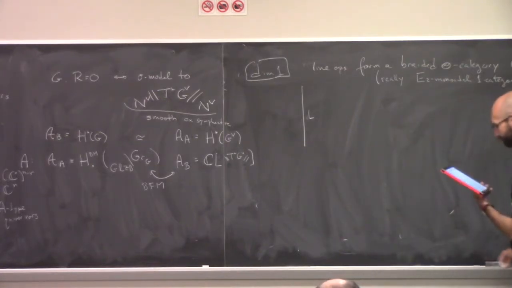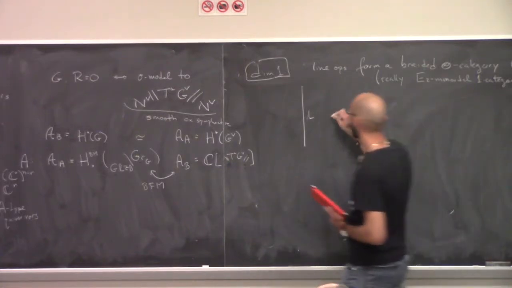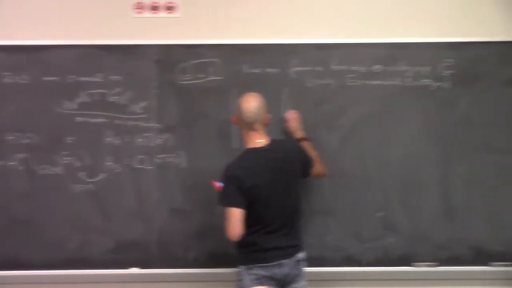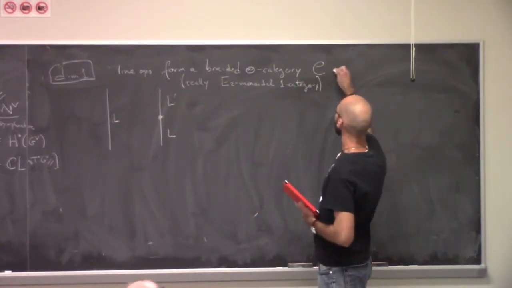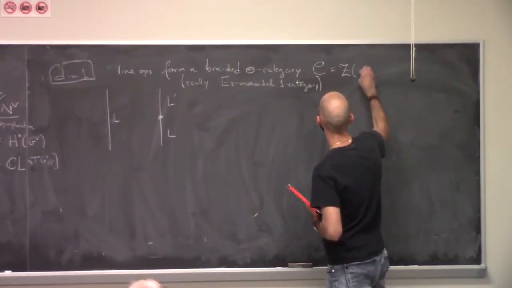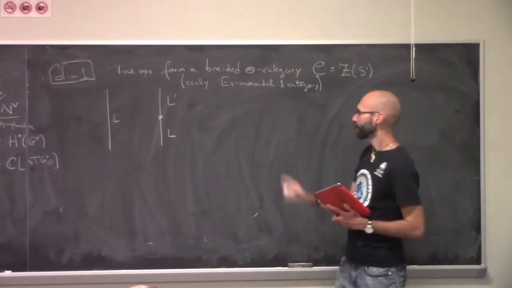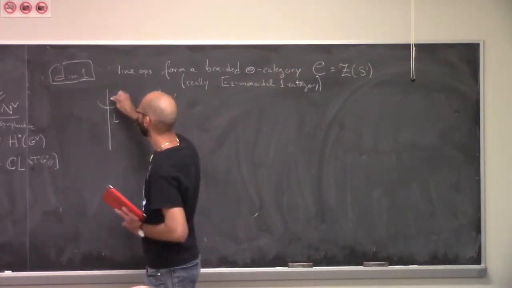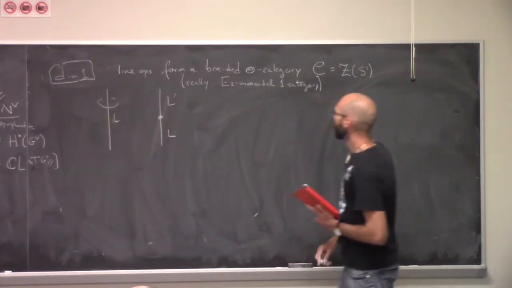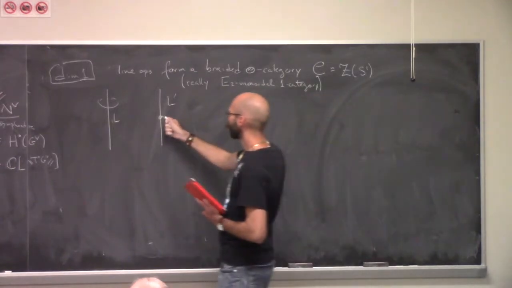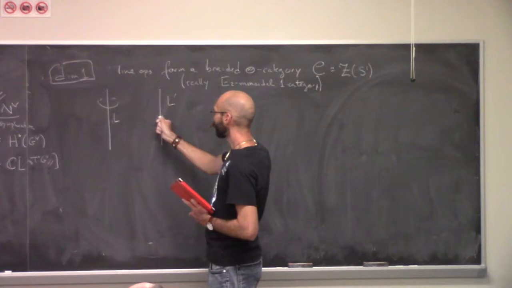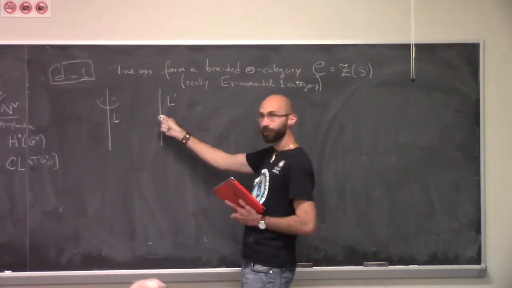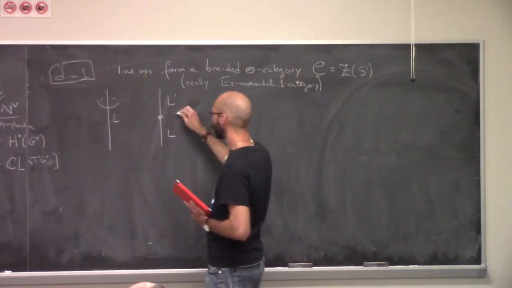Call it C. The reason is the category. Also, in TQFT terms, this is Z of S1, because there's an S1 linking the line. The reason it's a category is because given any two line operators, one can ask what is the space of interfaces between them? What's the space of local operators that sit at their junction? And that's Hom.